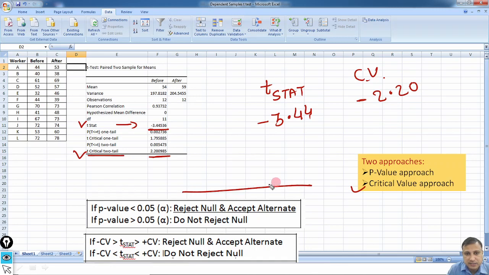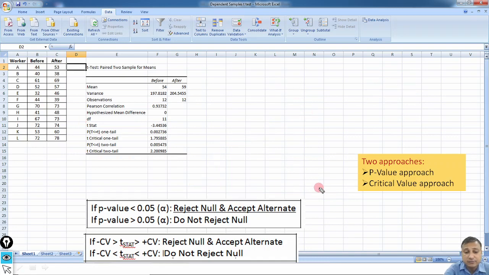To understand it in a better way: here is the critical value minus 2.20, and here is somewhere minus 3.44. What it means is that the t statistic is beyond the critical value, and that is why we reject the null hypothesis and accept the alternate hypothesis.